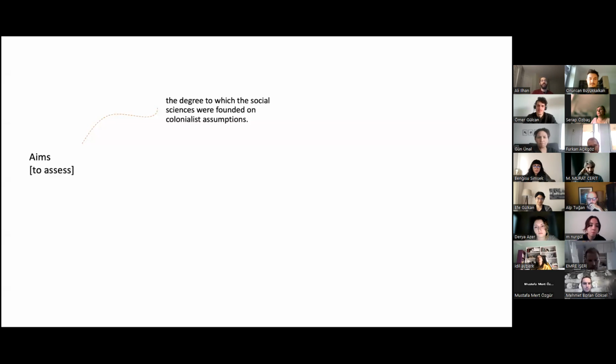So the aims are threefold. They are to assess the degree to which social sciences were founded on colonialist assumptions. Well, we pretty much know this story actually, but nobody has attempted to do it with this much data going that far back, because simply,